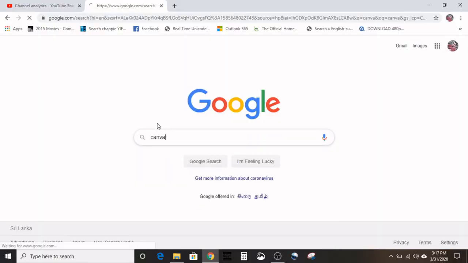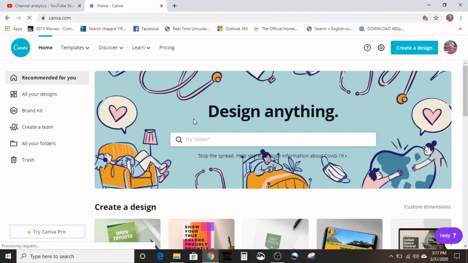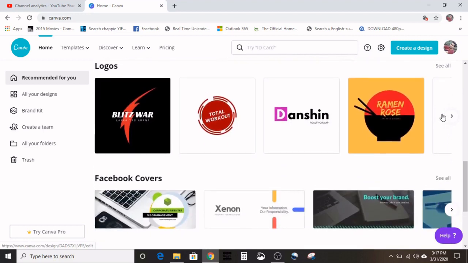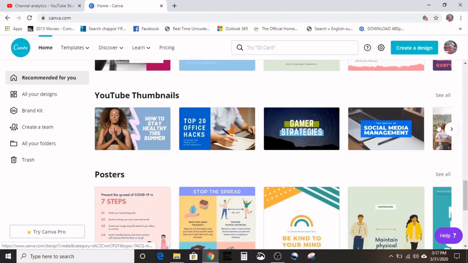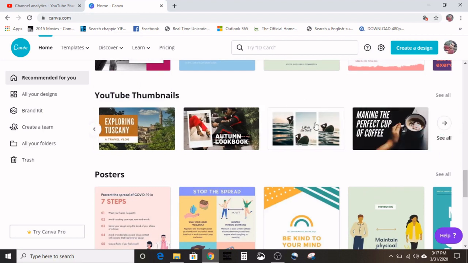Okay, we log in to Canva. Google search, here is Canva. We need to create an account or use a Google account. The home page is Canva. You can see they give us so many templates: Facebook, YouTube, Instagram, anything you can create a post for in here. But we create the thumbnail in the new. At the top right corner there is a green button, create a design. You click here,